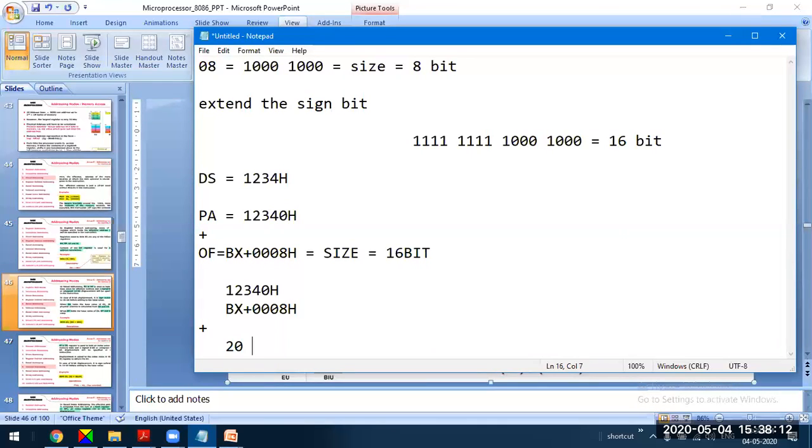Sorry guys, the total address size is 20 bit. This is the basic purpose of appending 0 and then adding, so that the effective physical address becomes 20 bit.